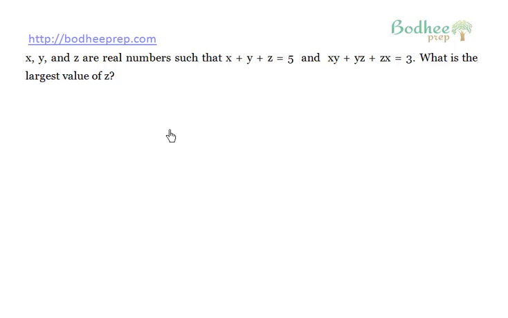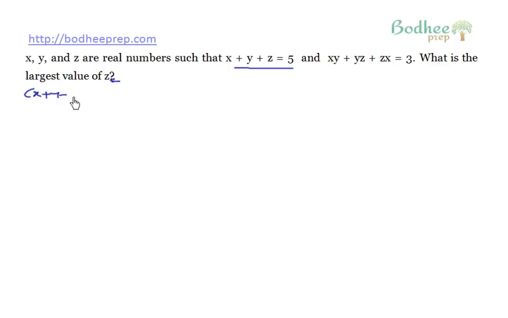Now let's take another question which actually appeared in CAT. The question says that x, y, z are real numbers such that the sum is 5 and the sum taken 2 at a time is 3, and we have to find the largest value of one of the variables, that is z. Whenever you see these kinds of expressions, x plus y plus z and xy plus yz plus zx, always remember that we need to use this formula,